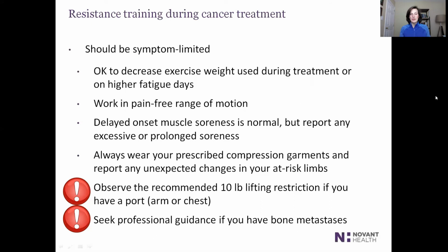How you feel today may be very different than how you feel tomorrow or how you felt last week. So you need to take this day by day and let your symptoms on that particular day dictate your exercise. And know that it is okay to decrease the weight that you use or just use your body weight only on days when your fatigue is higher. We don't want exercise to pile on that fatigue and make it worse. We want it to energize you and make you feel like you have the energy to go about the rest